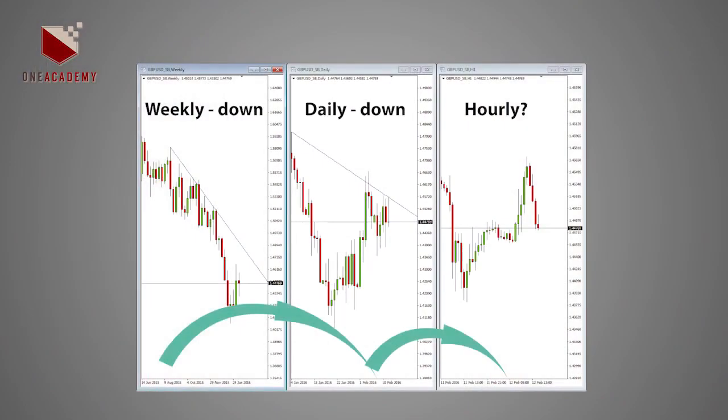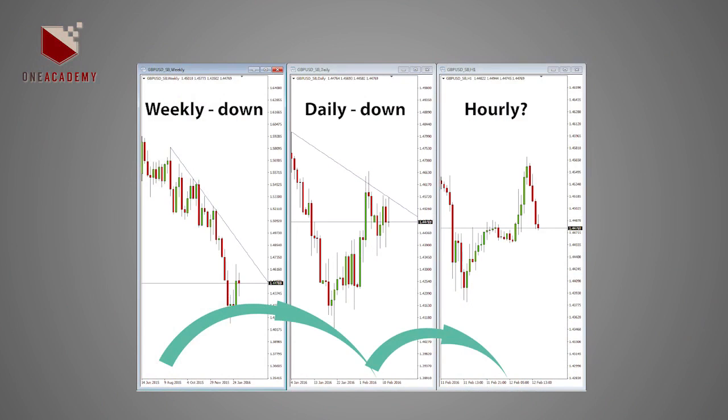What happened in the past is a good indicator of what can happen in the future. But do please use that as an indicator and not as a certainty. Markets don't exactly repeat themselves, but they certainly do rhyme. If we take the cable, for example, the British pound versus the US dollar, then we can clearly see what